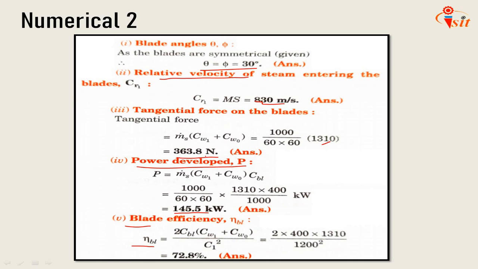So these are very easy problems, and they are very useful for finding the various parameters from the velocity diagram itself. No need to go for complicated problems. So we'll stop here. We have covered almost 2-3 things in this lecture. We will continue with the same chapter in the next lecture.